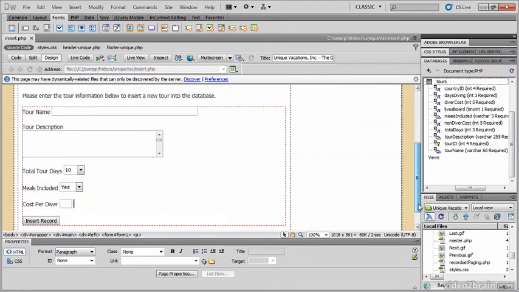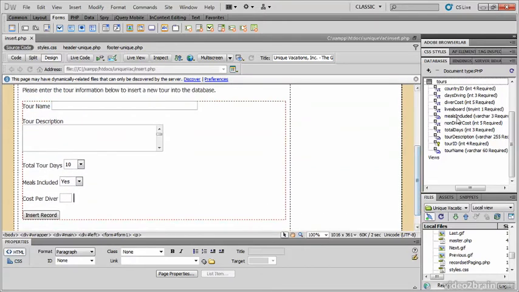Now, I'm not using all of the form fields. It just gets to be a little bit too complicated in terms of trying to do it in a short time frame. Also, when you're trying to do your testing, if you're testing 10 fields instead of 5, you have to fill them out each time you want to test. So just to get the concept, we're going to work with 5 of the 10 fields within this tours table. So the form is set up for you.